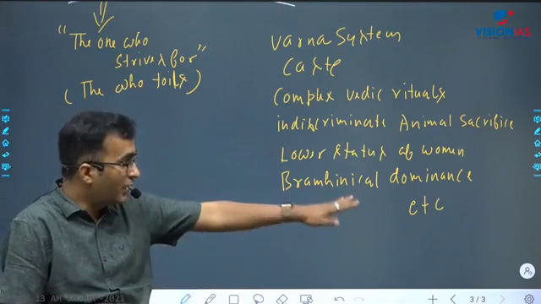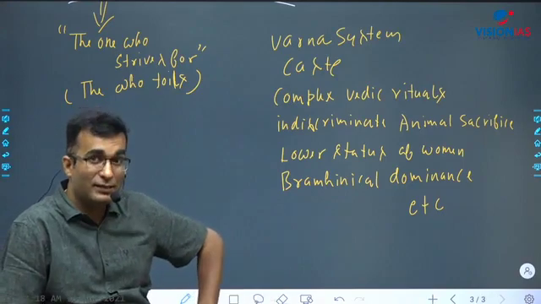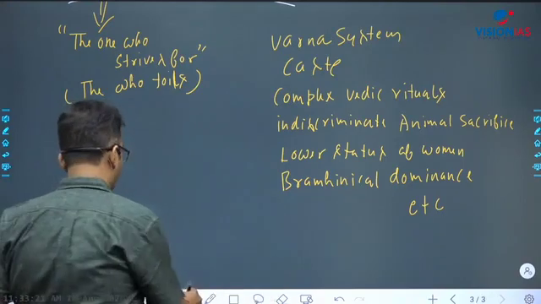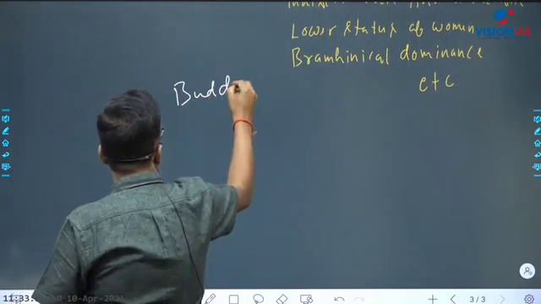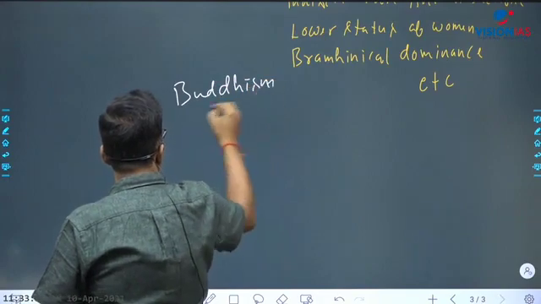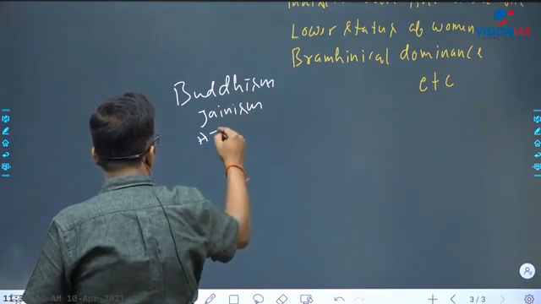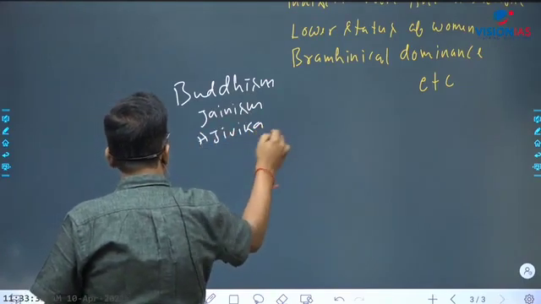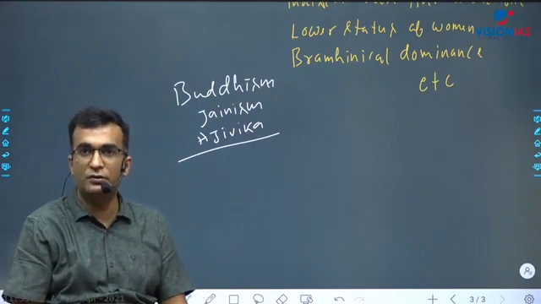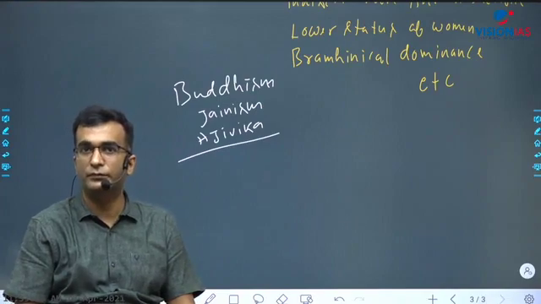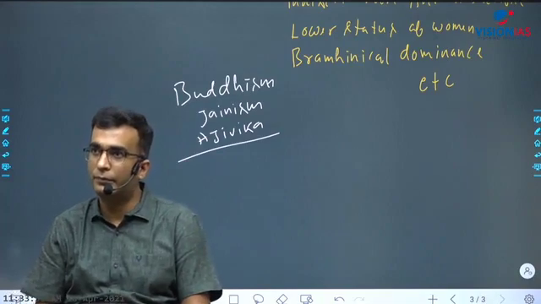Then further you write one more line after etc. Full stop, and mention that it is said that Buddhism, Jainism, and Ajivika were the branches of Shraman movement. Then